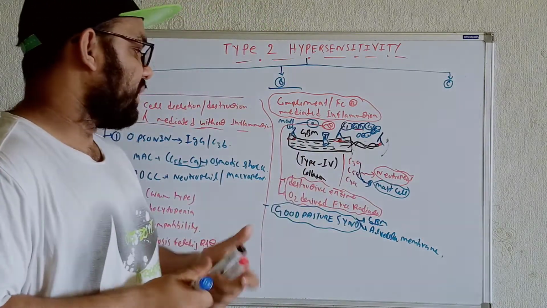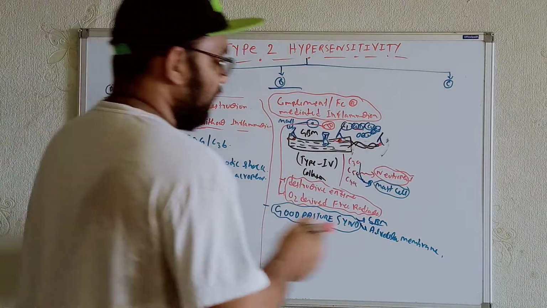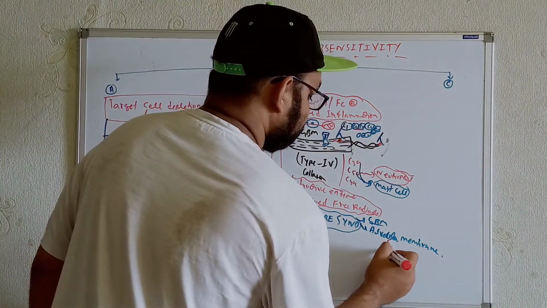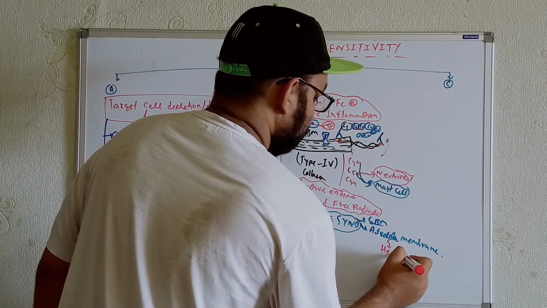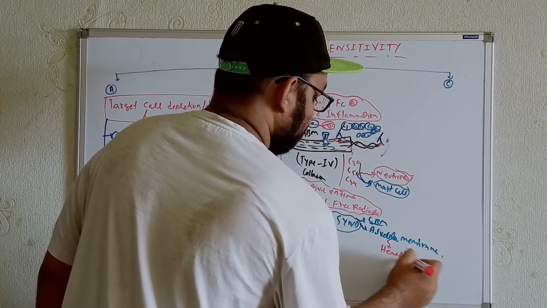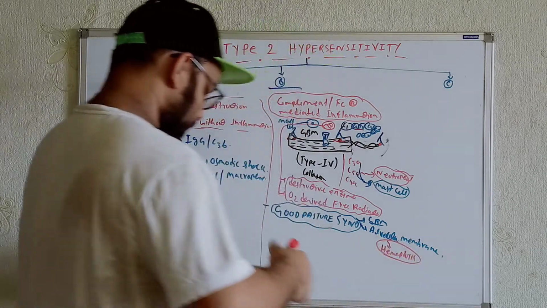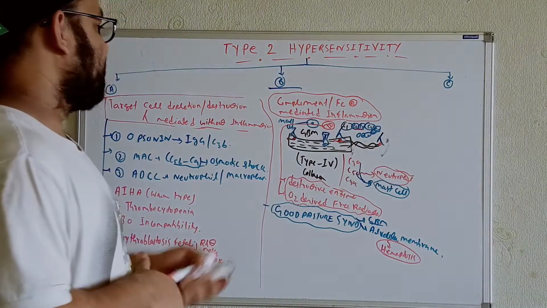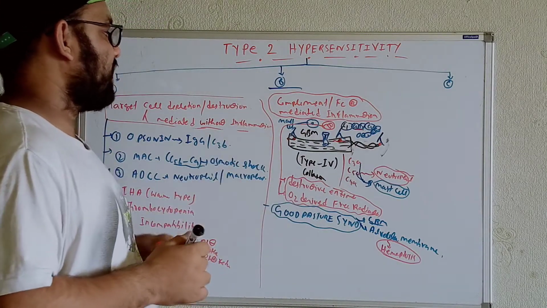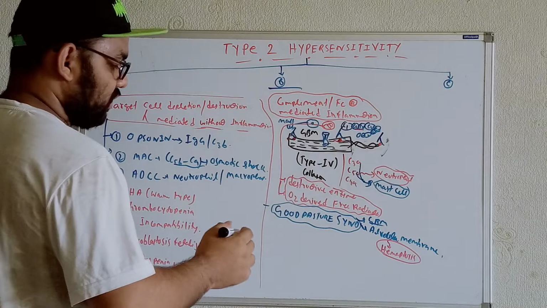And whenever we are seeing inflammation, there is a chance of having what? Hemoptysis. In these cases there is a chance of seeing hemoptysis, so this kind of thing we can also see. That means type B, complement mediated. We can also get it in terms of